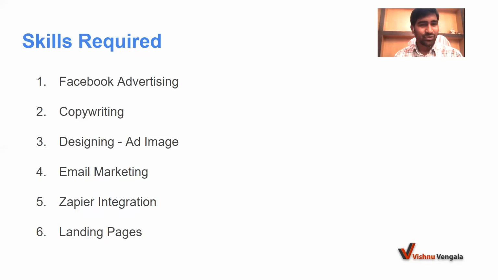And you should also know the basic elements of email marketing, setting up an email sequence, and integrating those email automation tools with the other tools. And you should also definitely use Zapier. Zapier is the most powerful tool that a marketer can wish for. And if you want to get quality leads, you can also build landing pages using landing page builders.